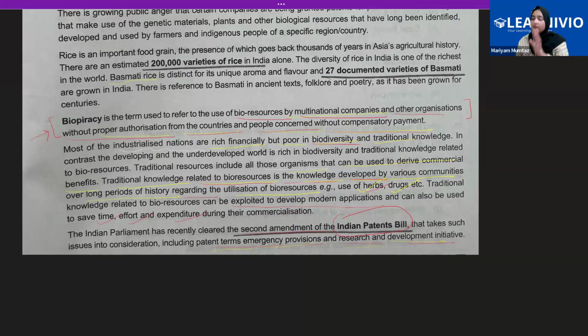Like for example, in India, before antibiotics and modern medicines were developed, people used to extract medicine from plants and use it. And it worked fine for them because they had that traditional knowledge. They knew what is going to work, what's not going to work. Now the same exact plant is being bought from them, and then chemically, or on a larger scale, a particular medicine is being produced and then marketed. So see how people that have better financial opportunities use the traditional knowledge of other countries and derive benefits from that. So that is why